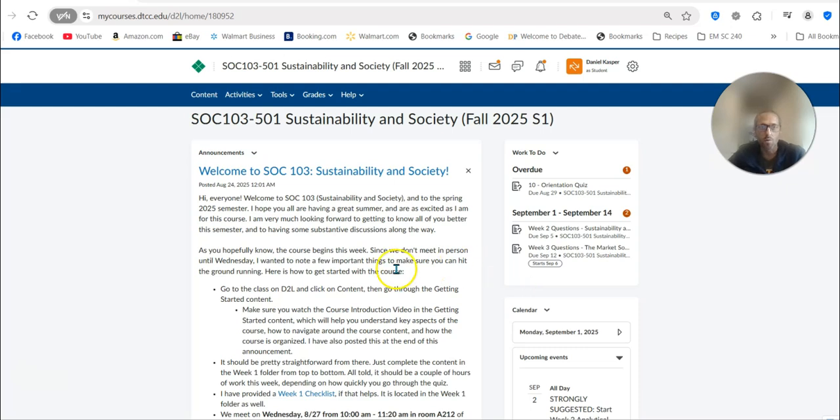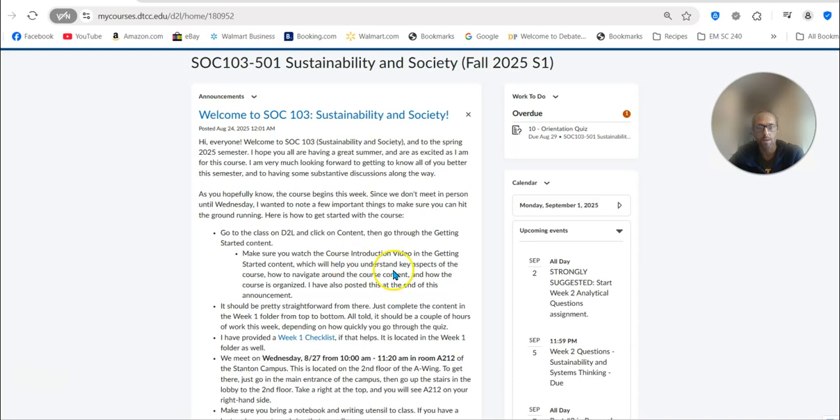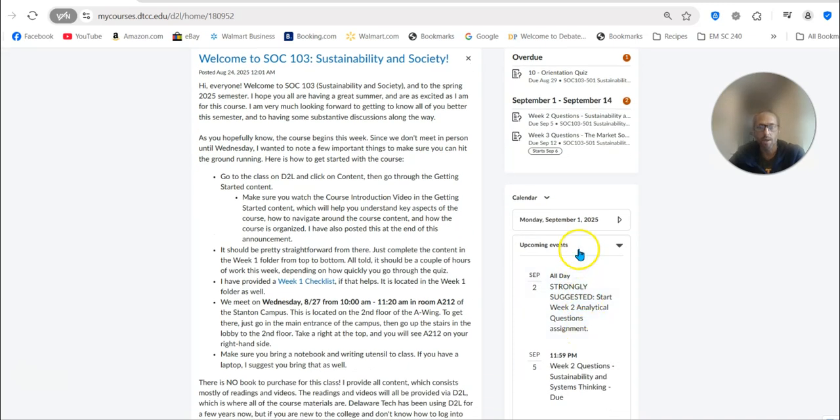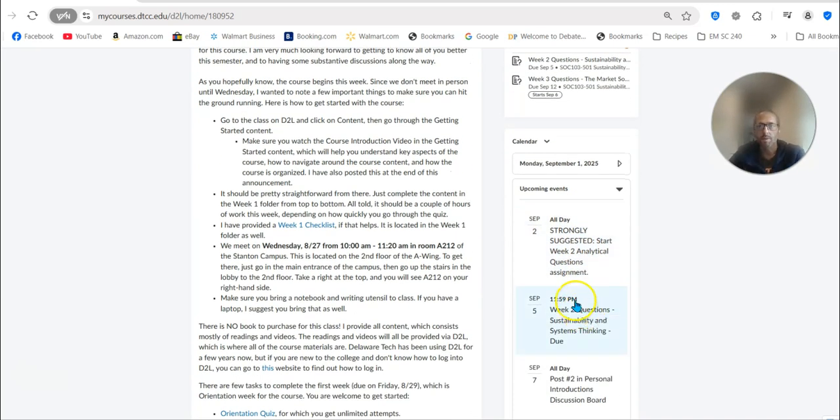I get it. So we are on the homepage here. Remember, at any time, wherever you are in the course, you can always hit the title up here and it'll take you back to this homepage. The announcement will appear here. Another important point, we have the calendar events on the right. This has all your due dates for all your assignments, but I also put a calendar event from time to time. For example, this week, as I've said before, I strongly suggest you get through all the readings prior to our in-person class on Wednesdays.